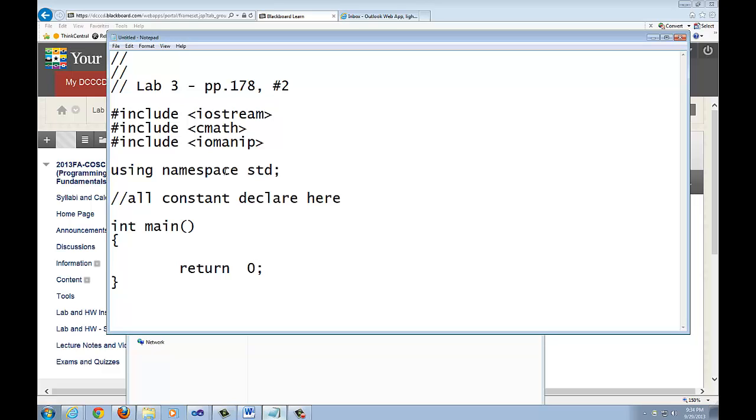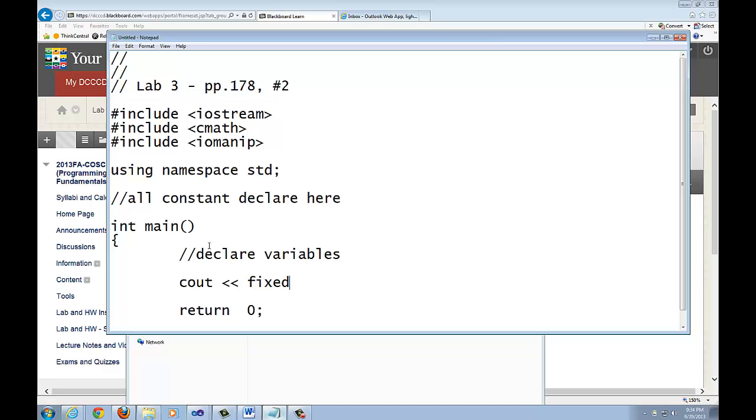Coming down here, if you look at the rest of these problems, the problem is pretty much straightforward. The area that I really want to hone in on is after you come down and you declare your variables. All variables declare here. After that, there's an important statement that you will see in there. That's the cout fix show point set position